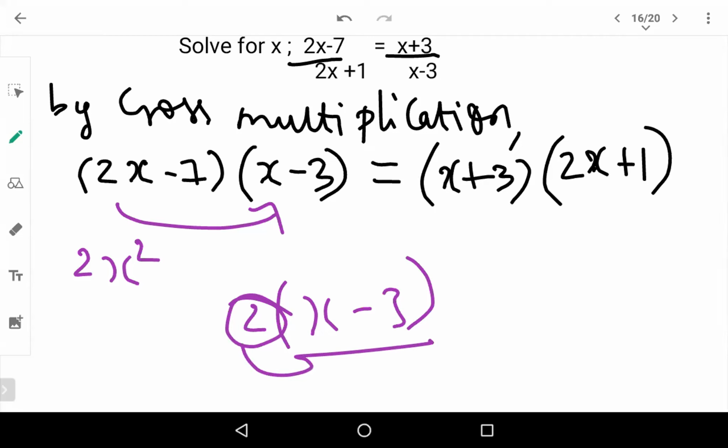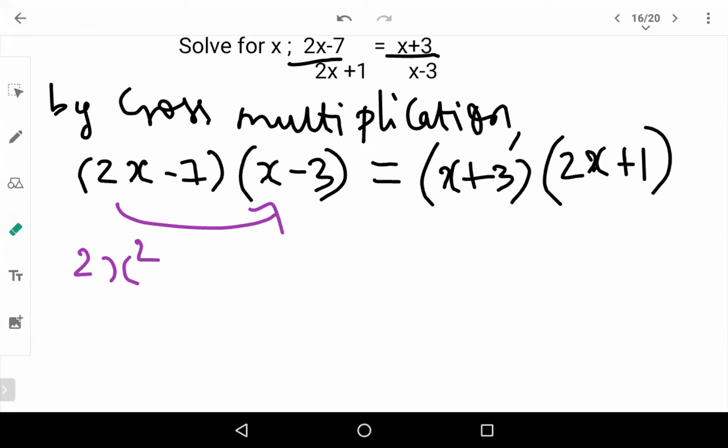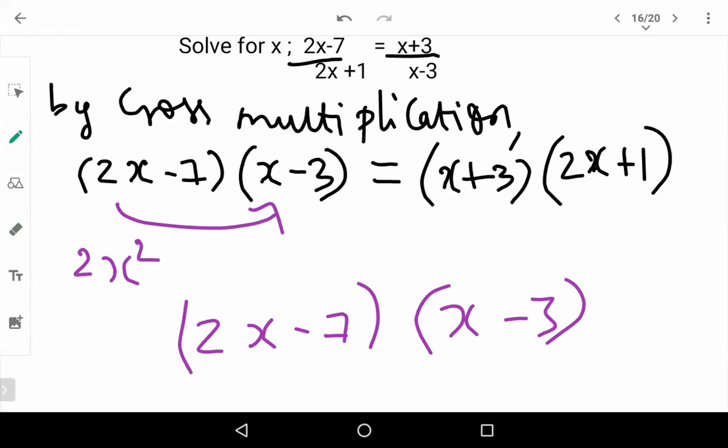Now you have two expressions. 2x minus 7, this is one expression, and then you have x minus 3, which is another expression. Now how you're supposed to multiply is, each of them should be multiplied with this complete expression, which means